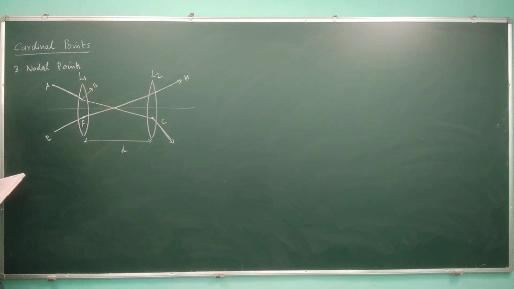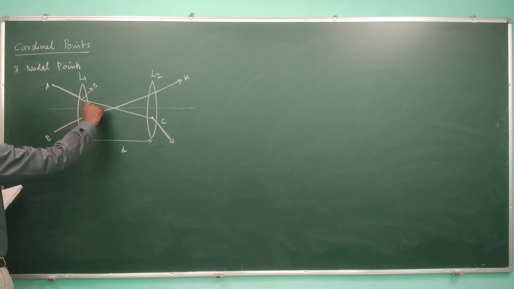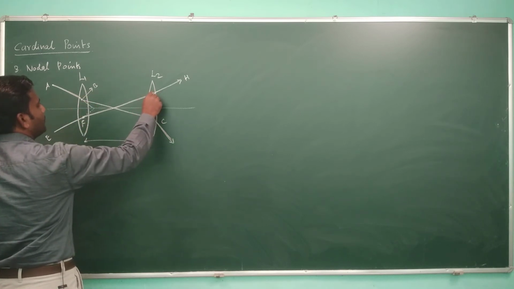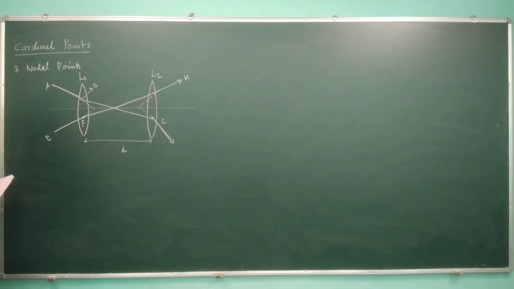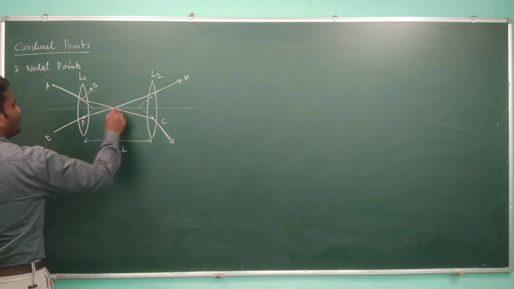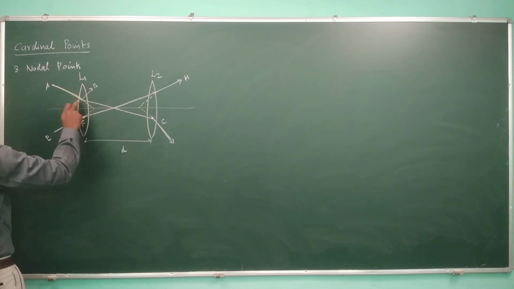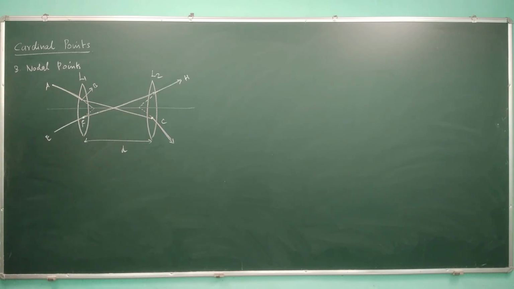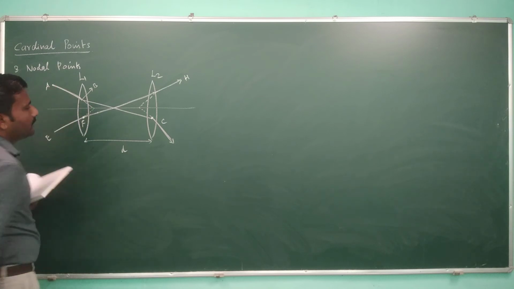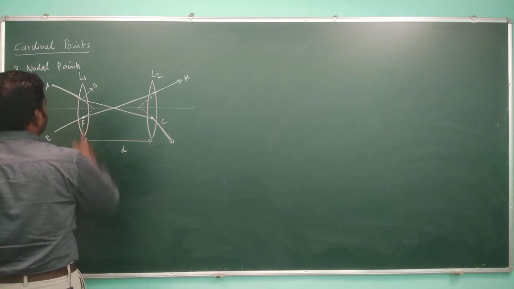Now what happens? Assume that if this light ray is not refracted, it will travel and touch the optical axis at some point here. Similarly, this light ray is not getting refracted. There is a refraction here and there is a refraction here, so net refraction is 0 in this. Similarly, for this ray, there is a refraction here and there is a refraction here. The net refraction of these two places will be nullified with each other, so it appears that this light ray travels parallel after traveling through the lens system.